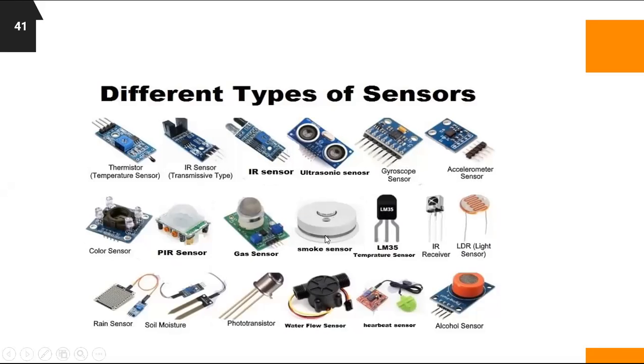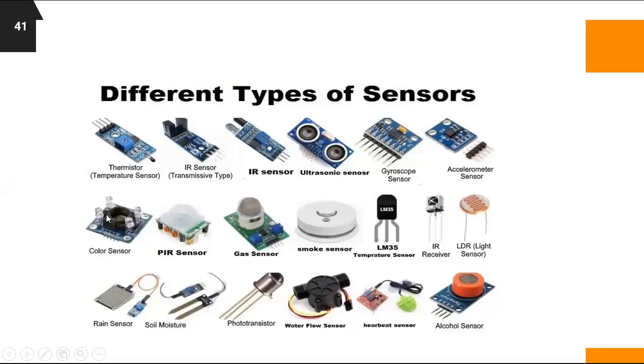Smoke sensor. See, if there is any smoke from your factory, you can use this sensor so that it alerts the particular user. Then we have the sensor for any leakage from your LPG gas. We can use this sensor to detect the same. Again, PIR sensor. I told you, these all come under the same criteria. IR and PIR sensors are used for monitoring the movement of any object in front of us.